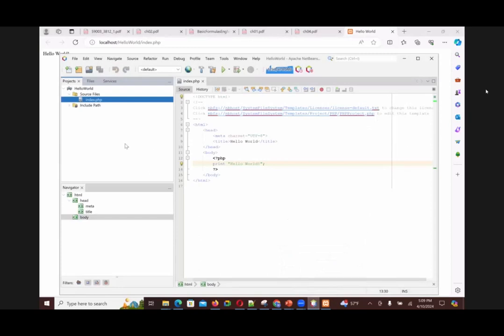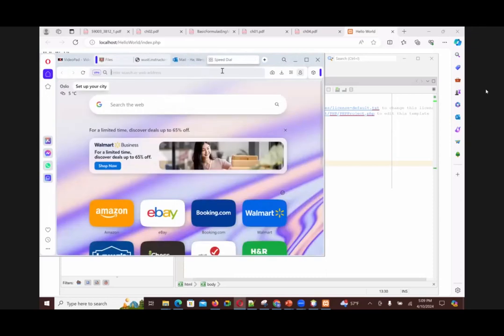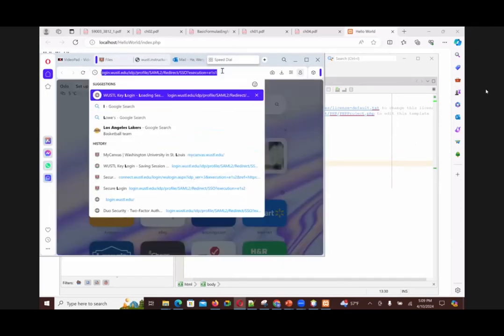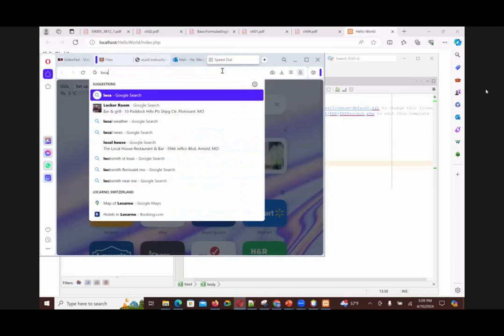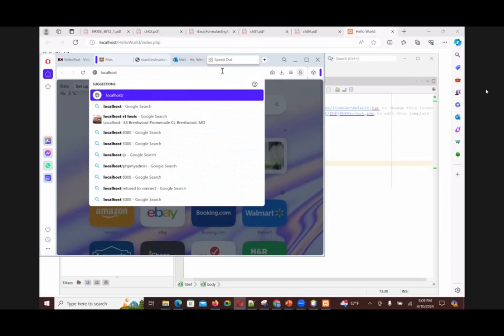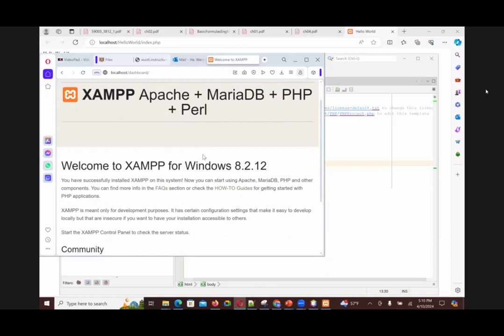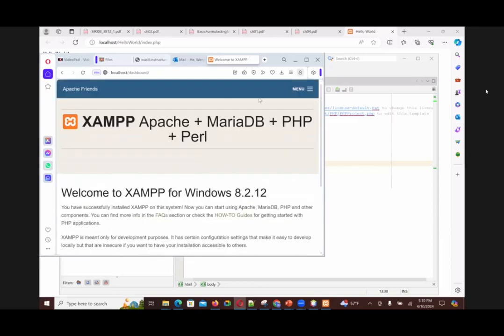Oh, another thing. Although Apache is running, we need to access the MySQL database, right? So here, localhost. Because Apache is running at the localhost. So here, we need to run